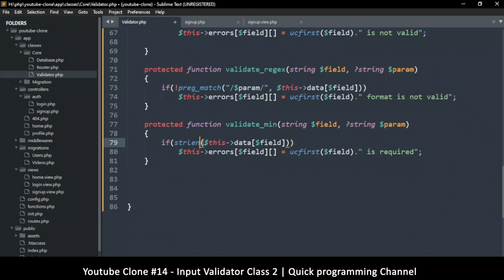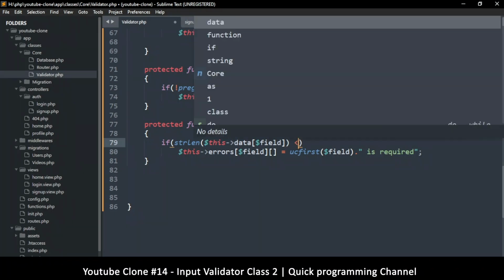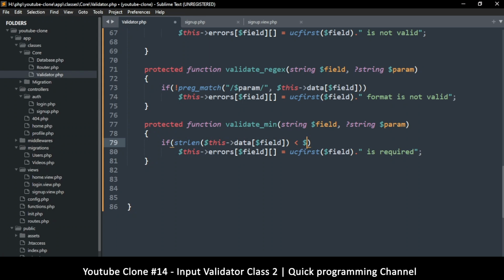This is going to count how many characters are in this value. And if it's less than, this is min, so the minimum, we're saying the minimum should be this. So if it's less than the param, like that, then we're going to say